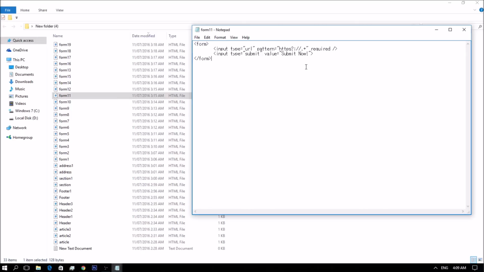Luckily, we can improve the URL validation input type by adding the pattern attribute to our input field. The pattern attribute accepts JavaScript regular expressions, or if you're not familiar with regular expressions, all you need to know by now is that you can add the following attribute.